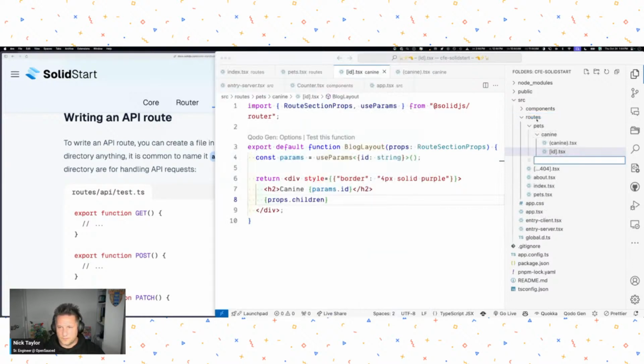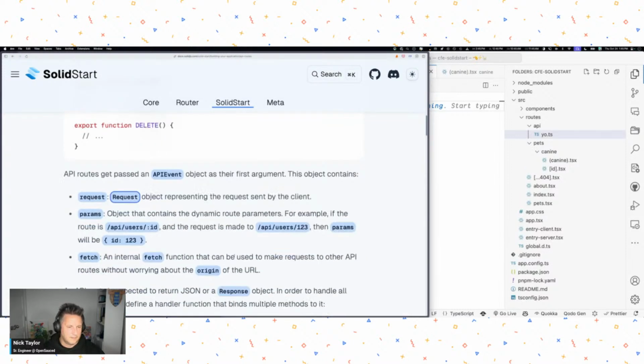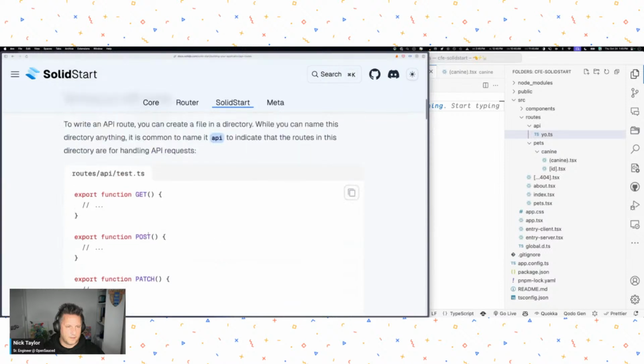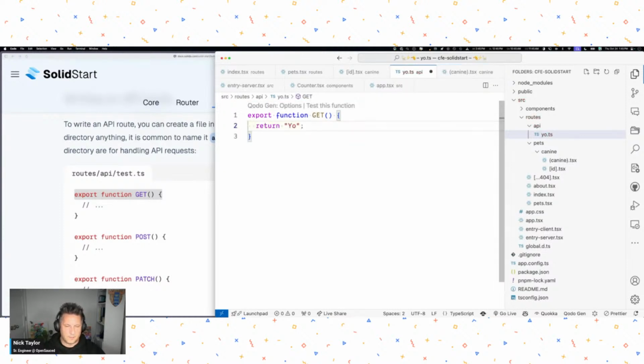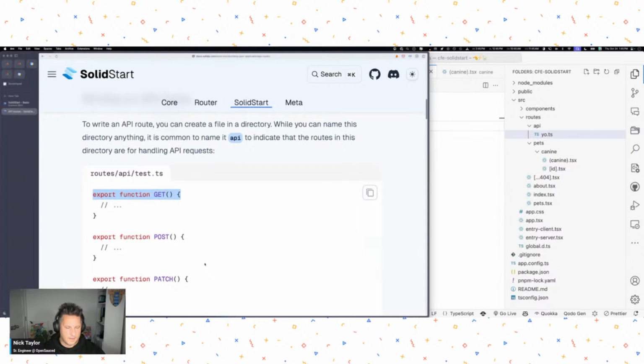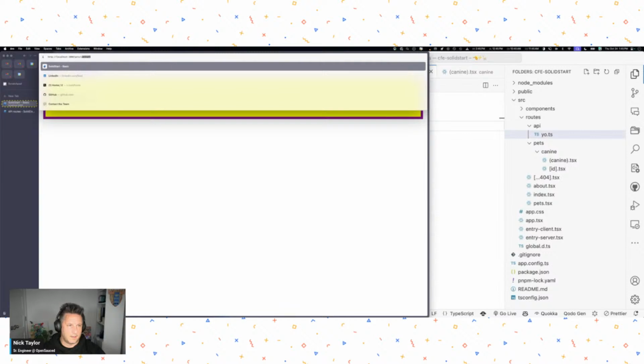But let's go ahead and create one, and we'll just say API, whoops, new file, API slash yo.ts. And yeah, so we can do all the verbs here for like making RESTful things. And so let's do, for example, a get. And then we'll say return yo. Sure. Okay, so now if we come over here and we do API slash yo,